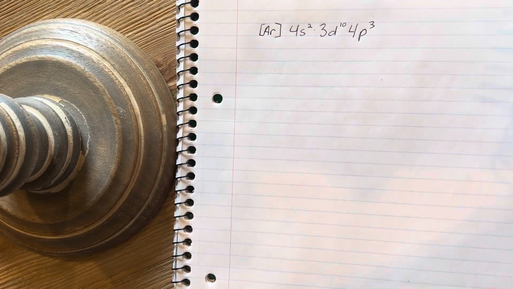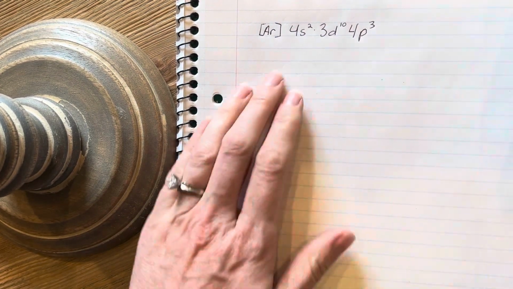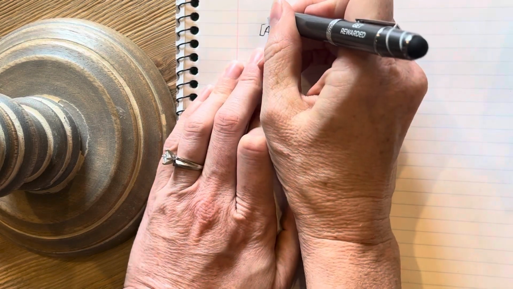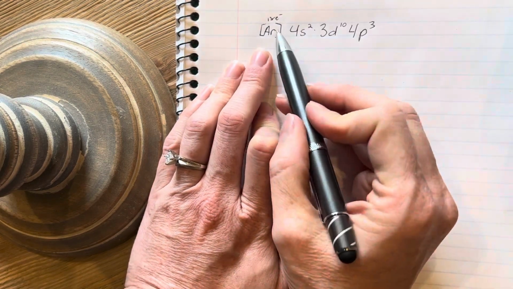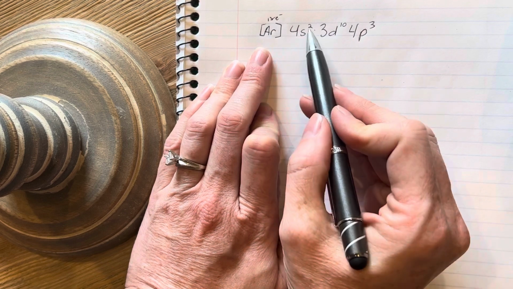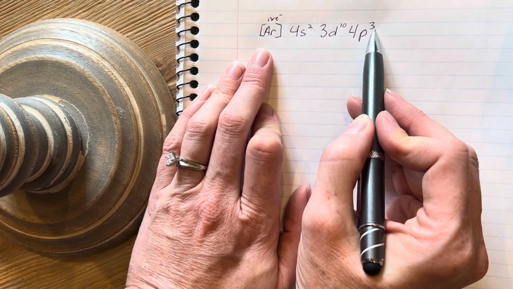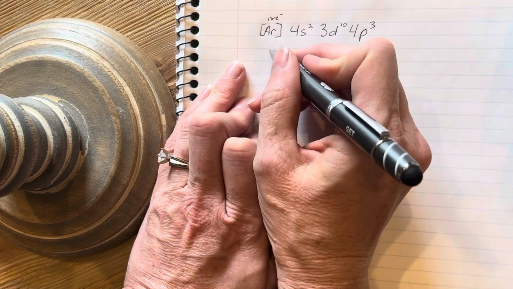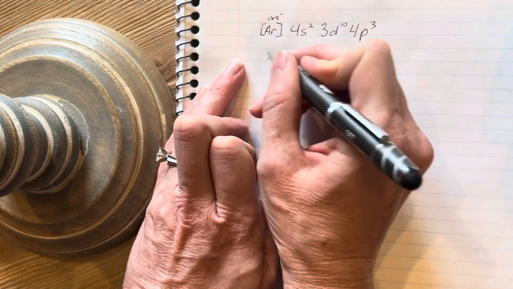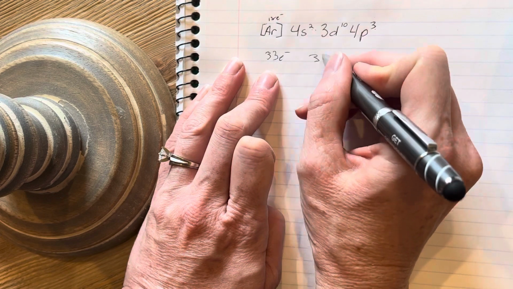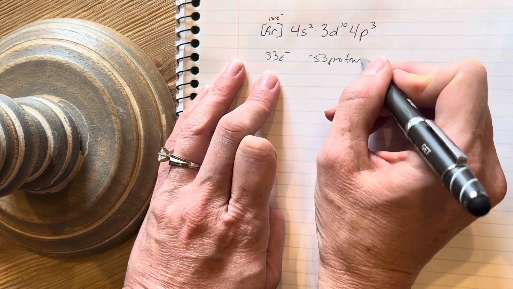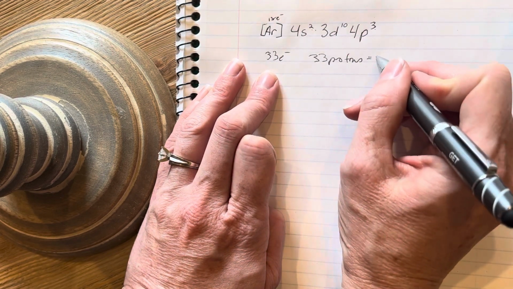So I know that argon has 18 electrons, and then I'm just going to add in these electrons. I've got 18, 19, 20, 30, 33, right? So since I have 30, this element is going to have 33 electrons, which tells me that it has 33 protons,